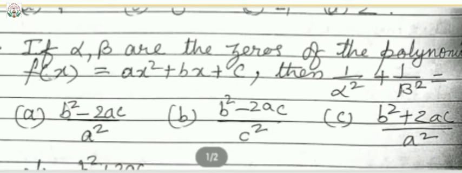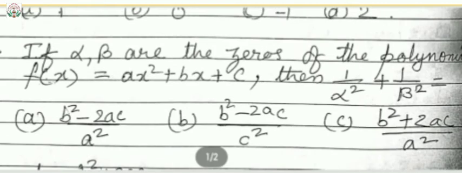So now here 1 upon alpha square plus 1 upon beta square, take the LCM, that is alpha square beta square, equals numerator alpha square plus beta square upon denominator alpha square beta square. Already you got the value of alpha into beta, that is c upon a, so alpha square beta square is alpha into beta whole square. Now put the value, and alpha square plus beta square you have to split using the formula, that is alpha plus beta whole square minus 2 into alpha into beta.